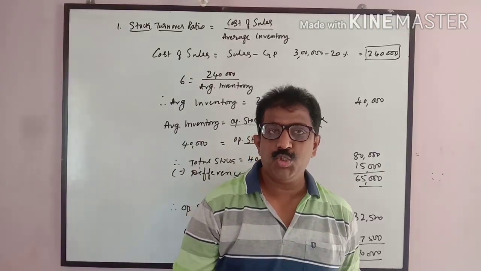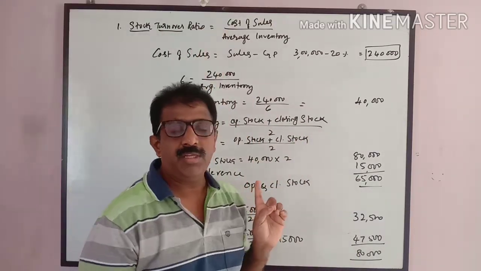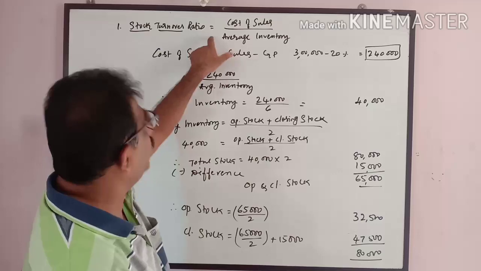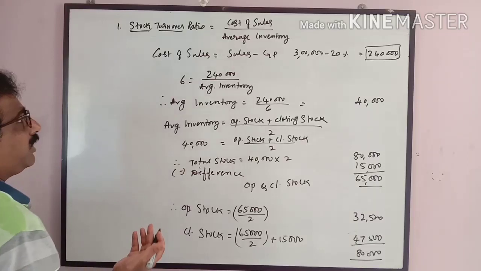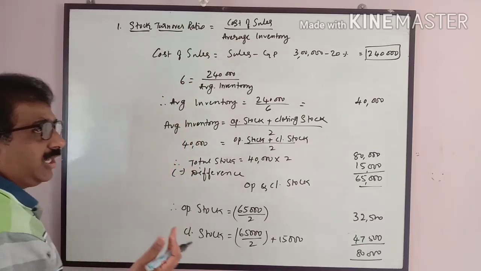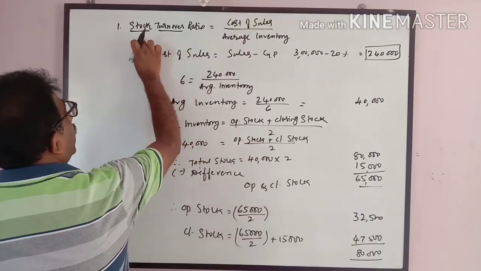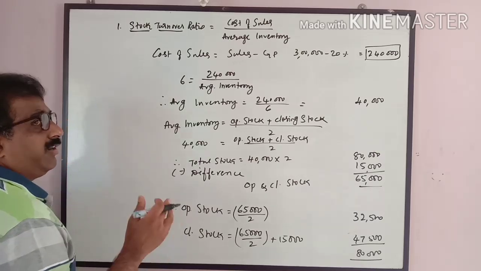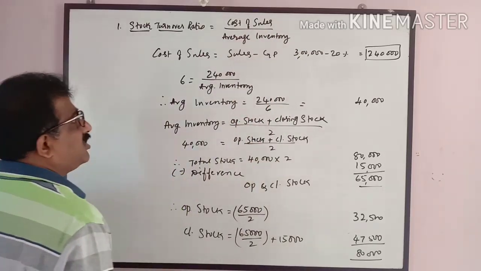But before that, we should apply the stock turnover ratio formula. Please don't mug up the ratios. In the statement itself you have the formula. Just observe here: stock. Stock means what? Nothing but inventories. It is opening stock and closing stock. Turnover is nothing but sales or cost of sales. So you can see the formula now. Turnover and stock are compared here. Cost of sales divided by average inventory, or closing inventory sometimes. Here the original formula is cost of sales divided by average inventory.